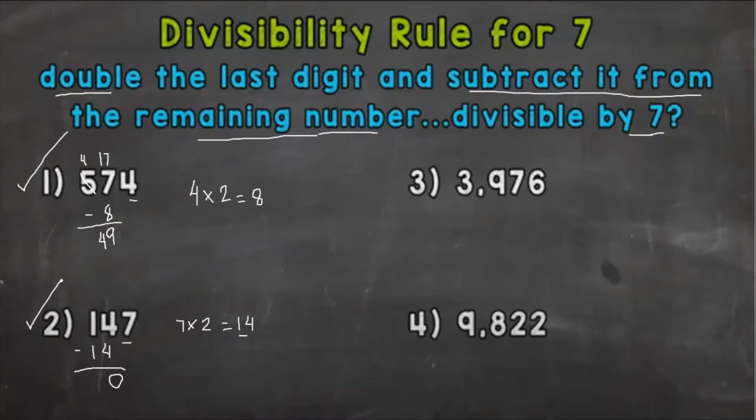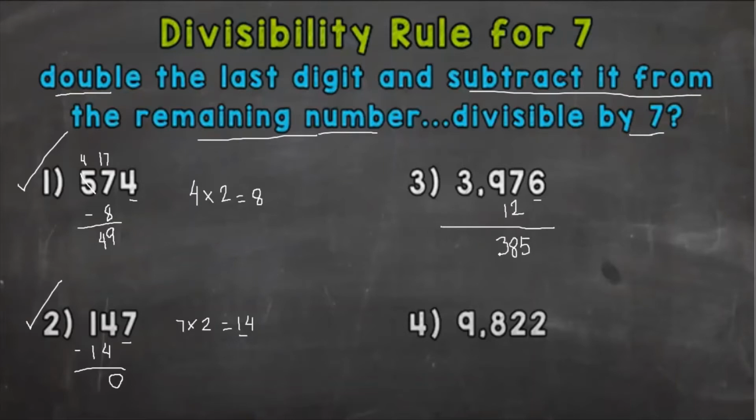Okay, got it? Let's try the next one. Number 3. For number 3, we have 3,976. The last digit here is 6. Let us double the 6. 6 times 2, that is 12. So we have here 12. Subtract it from the remaining number, and that is 397. 7 minus 2 is 5. 9 minus 1 is 8. Bring down 3. So we have here